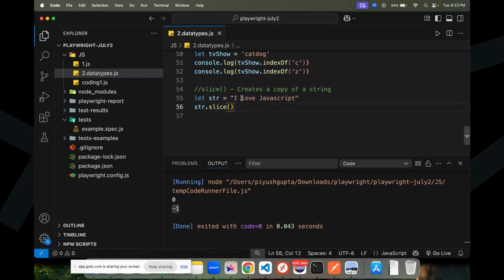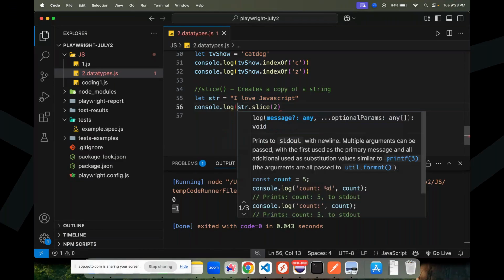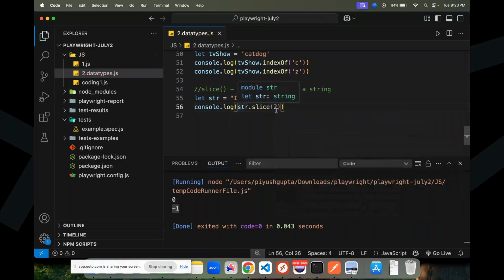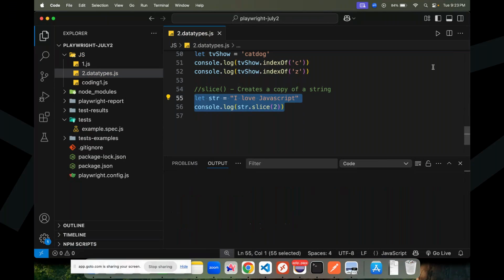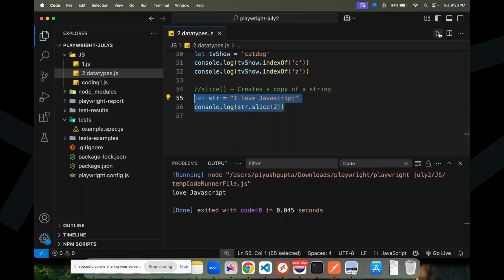I want to start from this. For instance, in this case, this is index 0, this is index 1, this is index 2. So if I do like this, str.slice of 2, and now I print it out, console.log. In VS Code, I have to use console.log, otherwise I'll not be able to find out what exactly I'm trying to do. So if I now clear my console and click on the play button, you see I get this output,